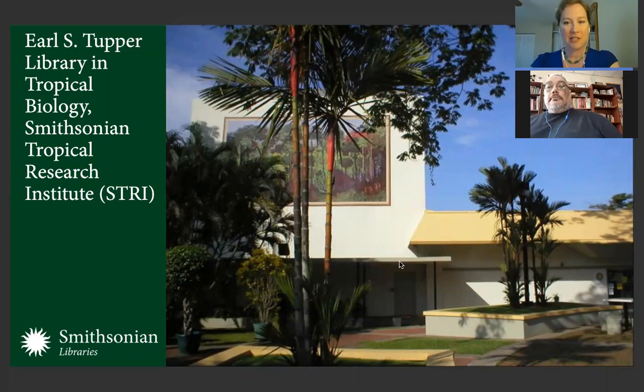So you can see here, this is the Earl Silas Tupper Library in Tropical Biology, based in Panama City. This is the only branch of the Smithsonian Libraries that is based outside of the United States, and it is the most complete collection of tropical biology in Central America. The beautiful library photographed here, our campus is just a dream to walk around, with the tropical plants, and there's a